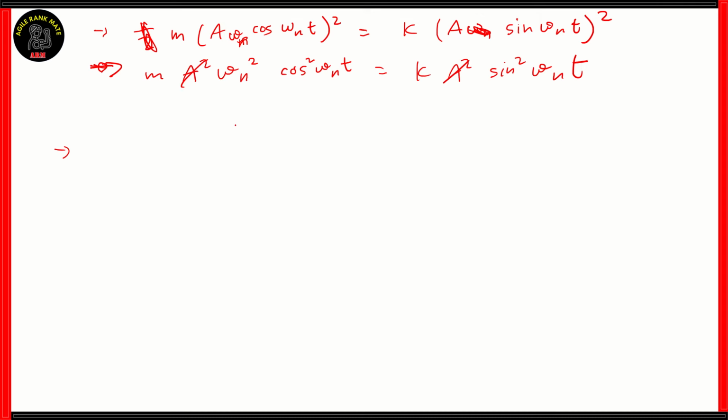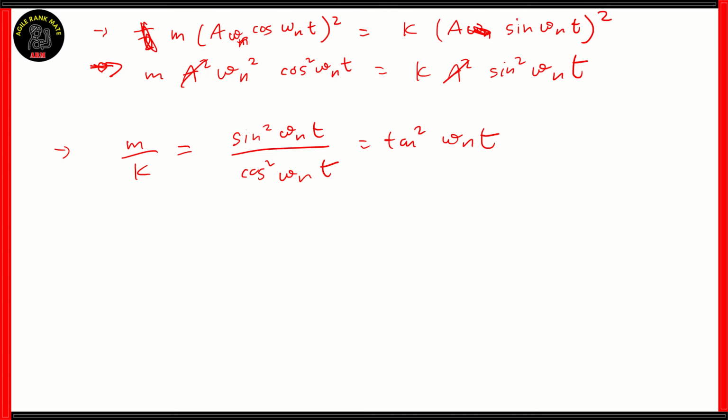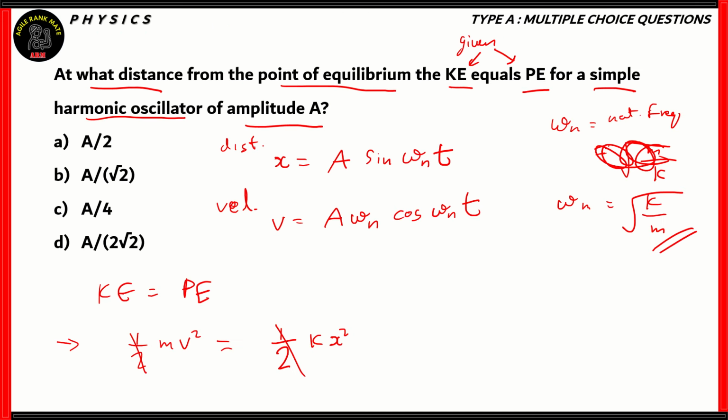So what are we going to do? We're going to put the trigonometric functions on one side and the constants on the other. So what we get is m over k equals sine squared omega n t over cos squared omega n t, which is equal to tan squared omega n t. And the left hand side is m over k. Now remember, the natural frequency was represented as the square root of k over m. So the square of the natural frequency is represented as,